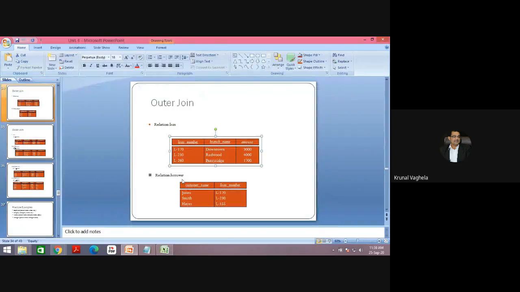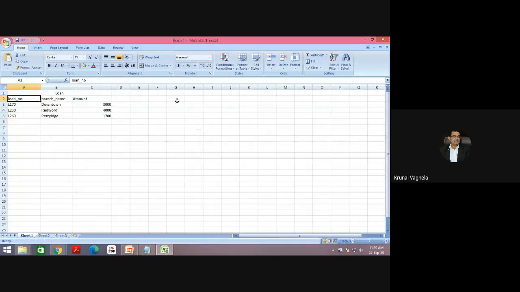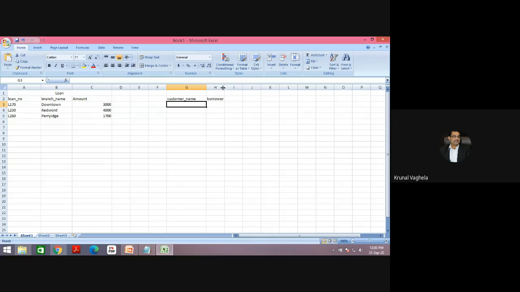The second table is borrower, where the columns are customer name and loan number. So here let me write customer name and loan number.